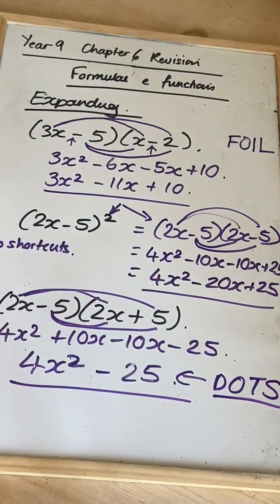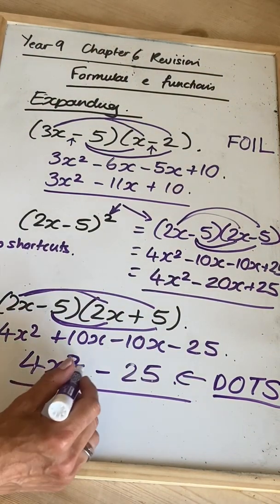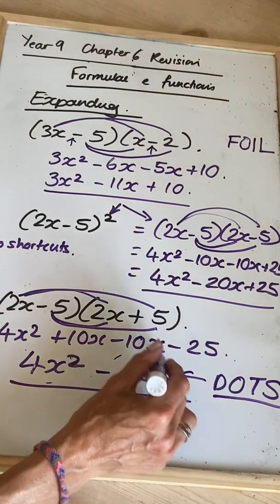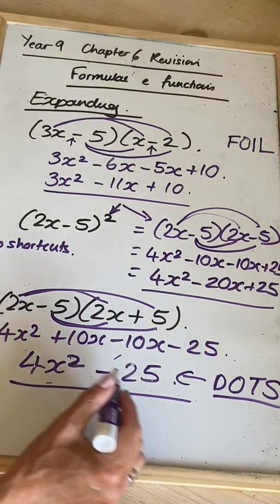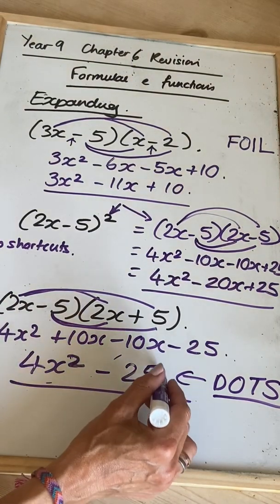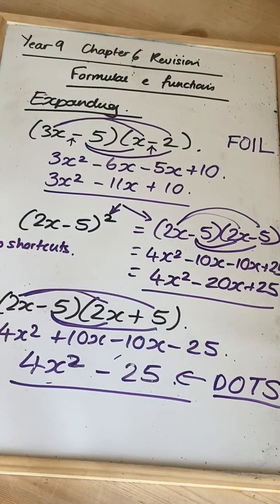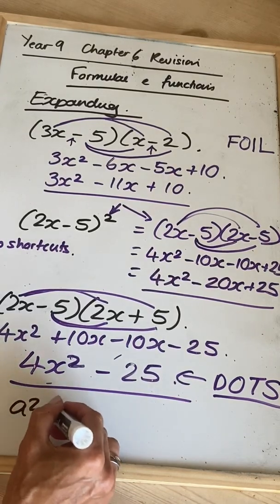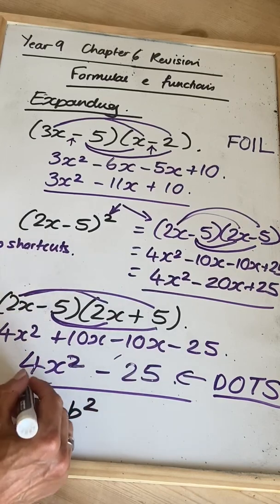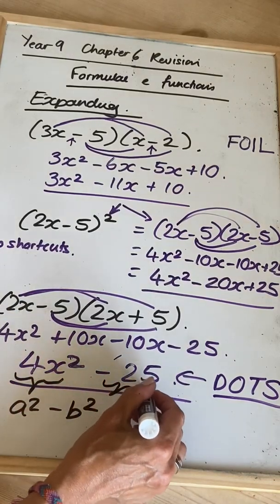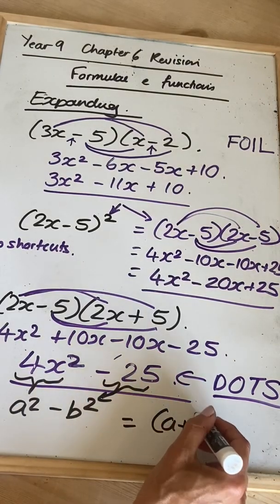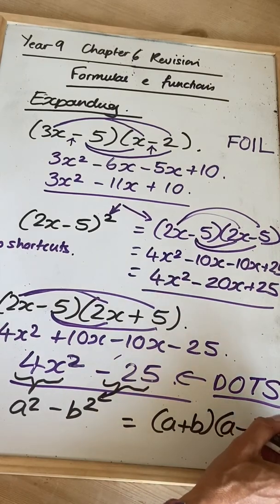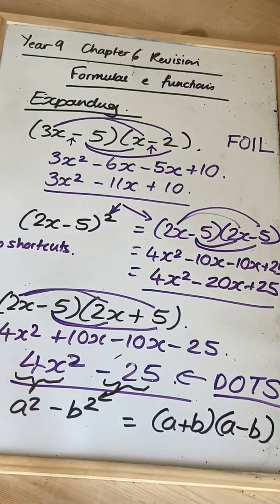Difference of two squares, or dots, I call it, yeah? It's a square minus a square. This is 2x, all squared, so that's a square. This is 5 squared, that's a square. And the general rule for difference of two squares is that where you've got an a squared minus b squared, here this would be my a, and this would be my b, the general rule is that it would be formed from an a plus b, a minus b pair